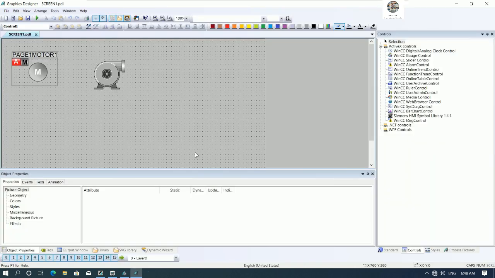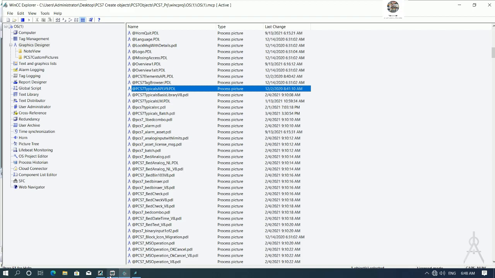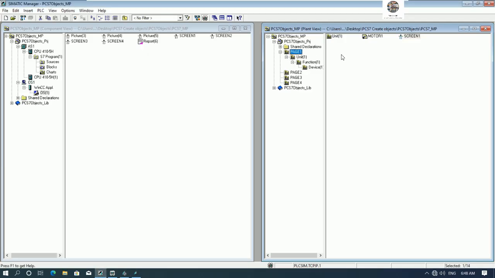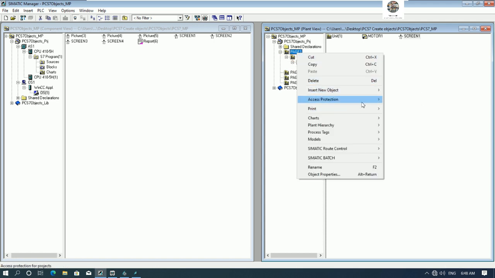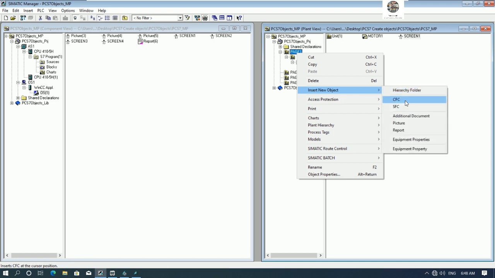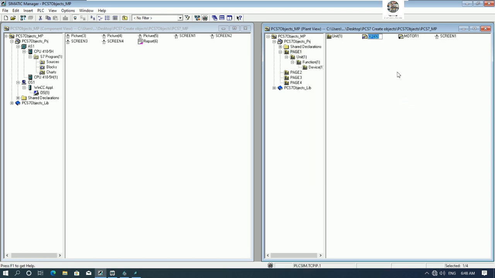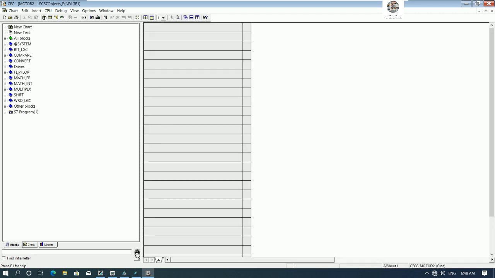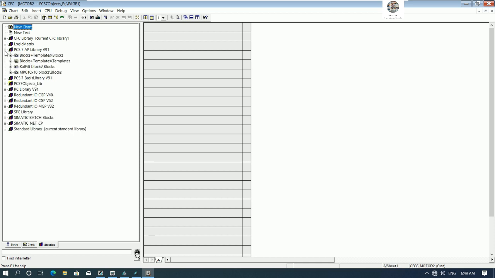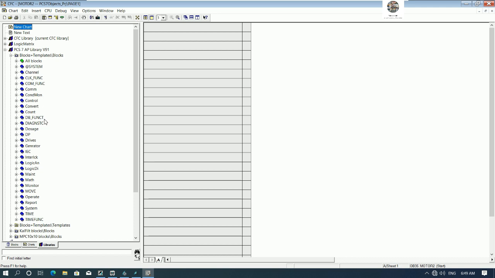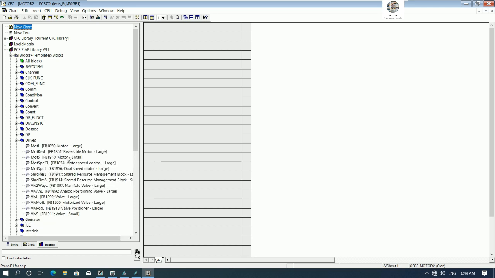Okay, so the graphics we will learn later. Yes, so right now we can go to create some objects on page 1. Yes, so I will insert one more motor. So in CFC, this one should be motor 2, and then open, go to library, go to block, go to drive, and then I will use this style of motor. Yes,